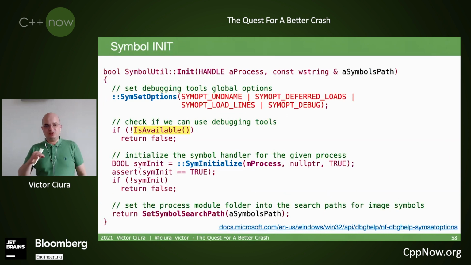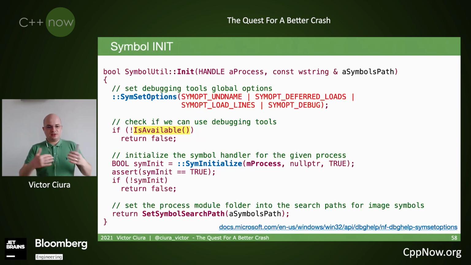And the init step I talked about earlier, it's all about handling symbol information and how to demangle symbols, how to handle symbol information in the PDB, whether to load source information and line numbers and everything. So it's everything to do with initializing the symbol information for the debugged process. Basically the input is the PDB file that we have in our build artifacts, and the handle of the debugged process that we just launched.